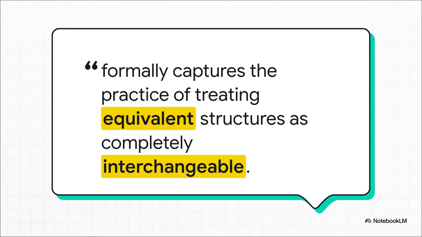And look, this isn't just some philosophical word game. What this axiom does is create a formal mathematical rule for something mathematicians have been doing by instinct for centuries. Treating things that are basically the same as if they are the same. Think about it. When a mathematician proves something about one triangle, they automatically know it's true for every other triangle with the same properties, right? The univalence axiom just takes that gut feeling and bakes it right into the fundamental laws of math.